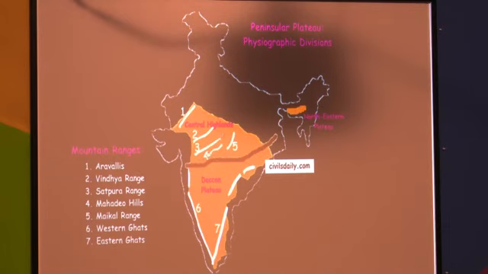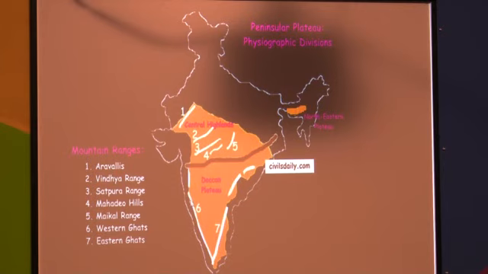The Satpura range is the third line, parallel to the Vindhya range. The fourth one, the Mahadev hills, again parallel, are some small hills, and the fifth one is called the Maikal range. So these are the parts of the central highland. And when we come to the south, the southern part of the Narmada river, the Western Ghat and Eastern Ghat are the boundary of the peninsular plateau, and some part extends into Assam and Arunachal Pradesh area. Some small hills are there, Garo hills, Jaintia hills, and these hills are also part of the peninsular plateau.